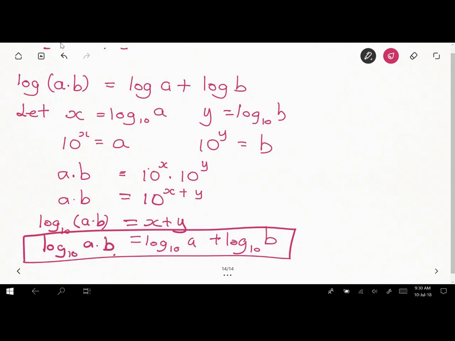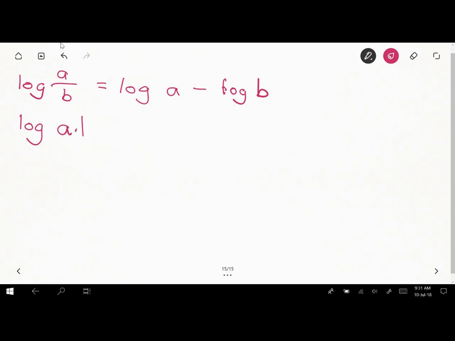Lastly, let's go on to the last one, which is log a over b is equal to log a minus log b. This is pretty simple because log a over b is equal to log of a times b to the power minus 1, according to our exponential. Now, based on the formula that we proved earlier, isn't this equal to log a plus